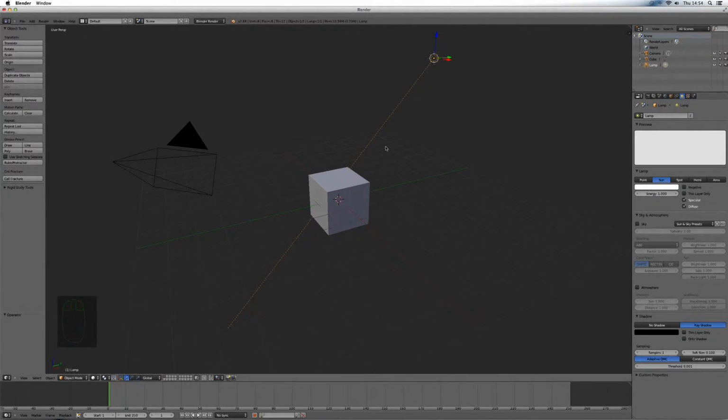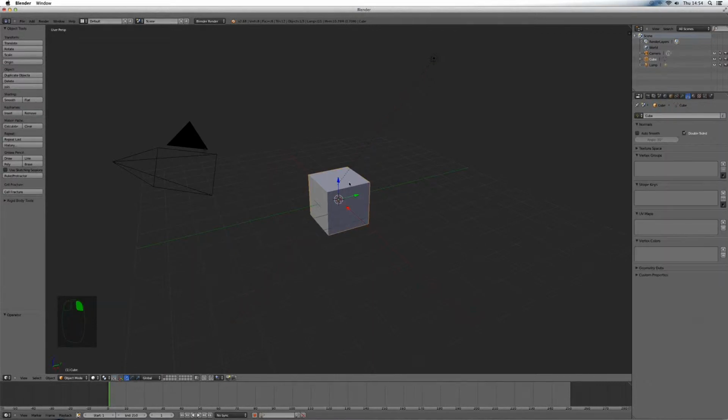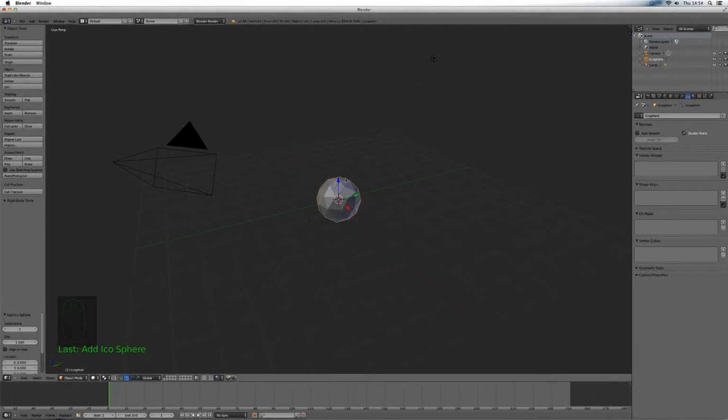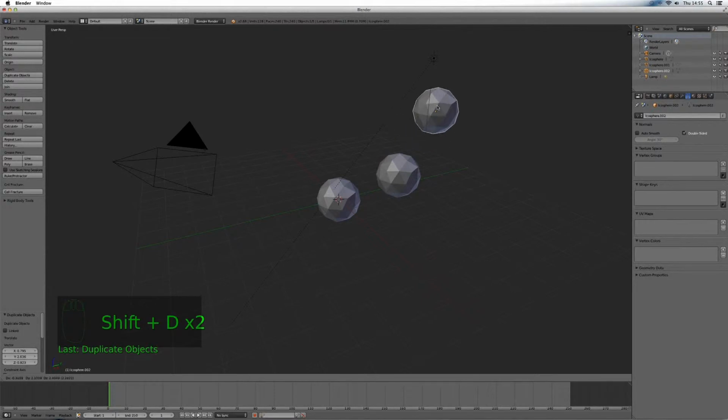Okay, and we're going to set up a basic scene. I just want to delete this cube, and then I'll go to add mesh, and I'm going to add an icosphere, just because it has various different edges and it's something that you can measurably see depth of field with. So then I'm going to duplicate this. I'm going to hold down Shift and D, and duplicate again, Shift and D, and we're going to have 3